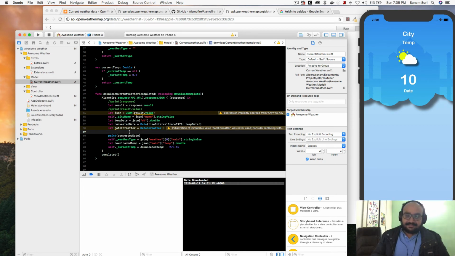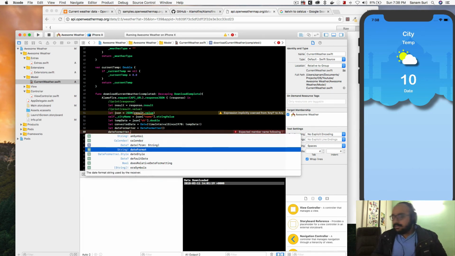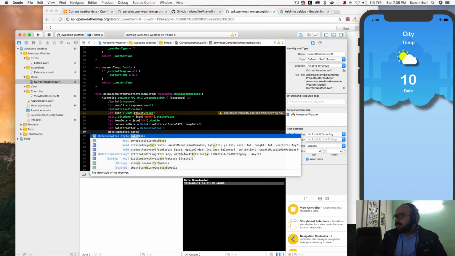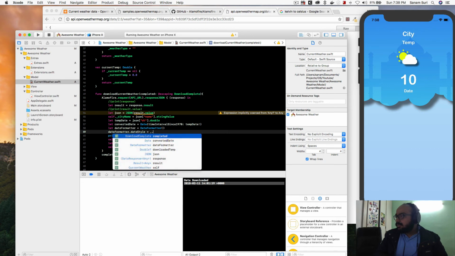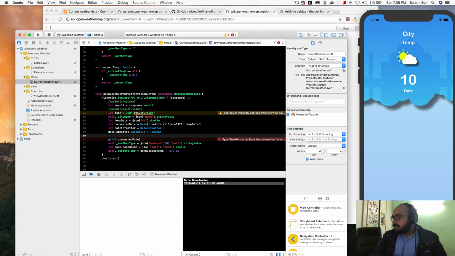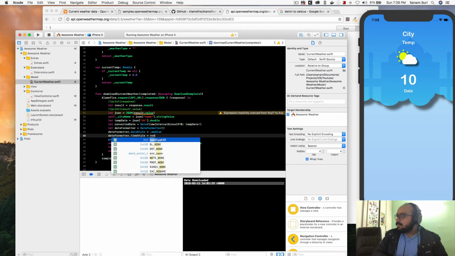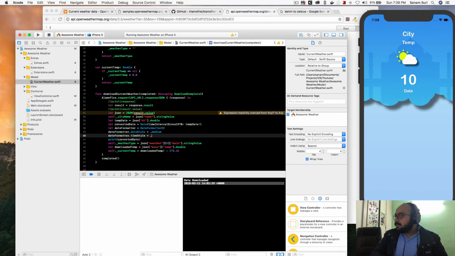So yeah, it's called date formatter. With date formatter dot date style is equal to dot medium is okay, and then date formatter dot time style is equal to dot none. Right, so we are telling it we don't need any time styling, and the date style is gonna